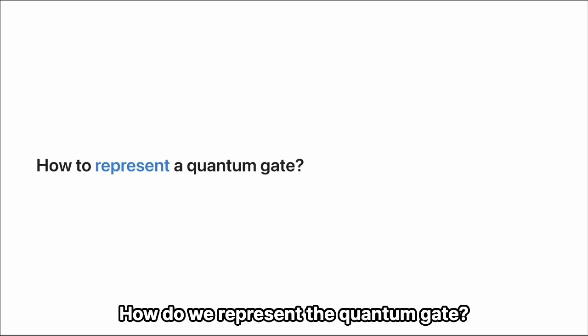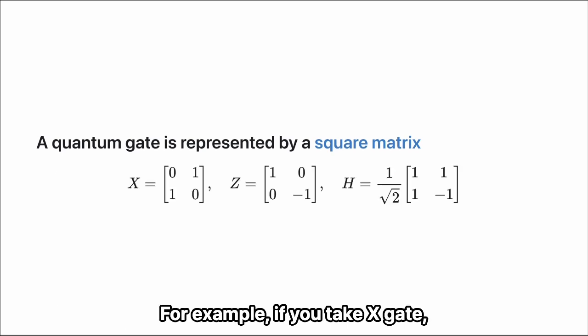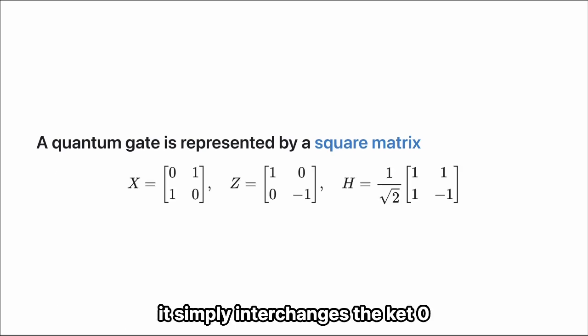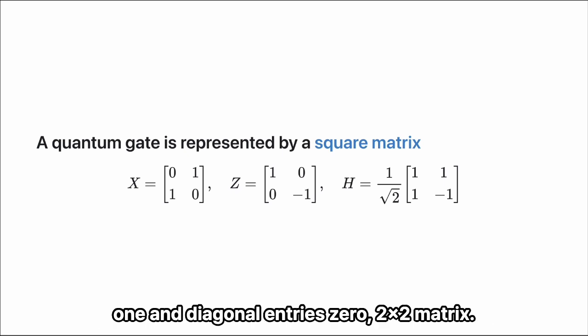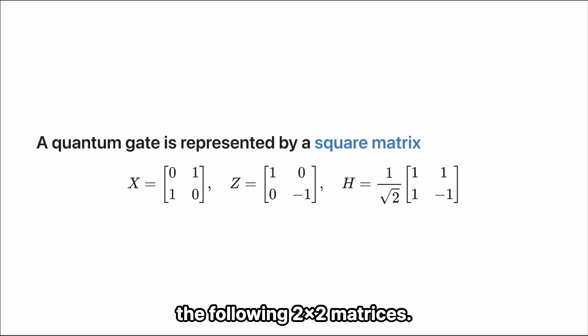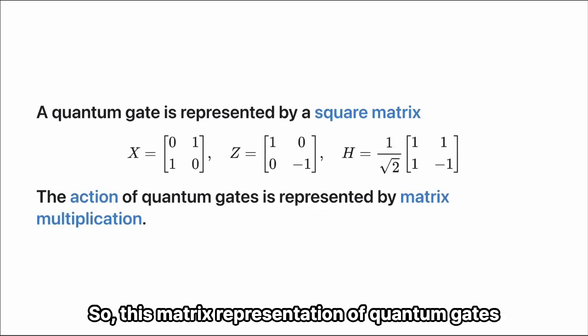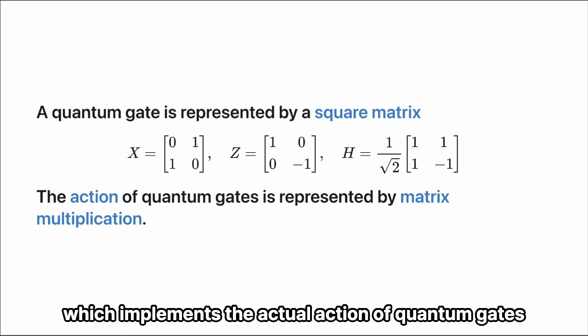How do we represent a quantum gate? A quantum gate can be represented by a square matrix. For example, if you take the X gate, it simply interchanges ket 0 and ket 1, so you can make the off-diagonal entries 1 and the diagonal entries 0 in a 2 by 2 matrix. And the Z and H gates are also represented as the following 2 by 2 matrices. This matrix representation of quantum gates gives you nice matrix multiplication which implements the actual action of quantum gates